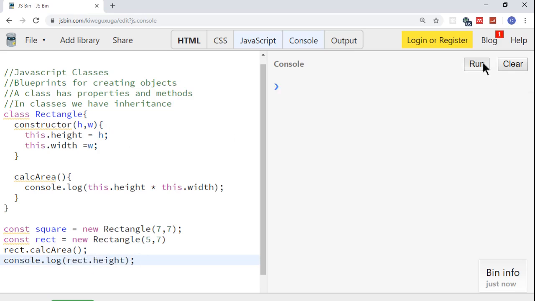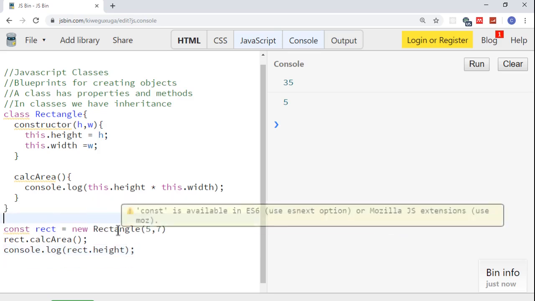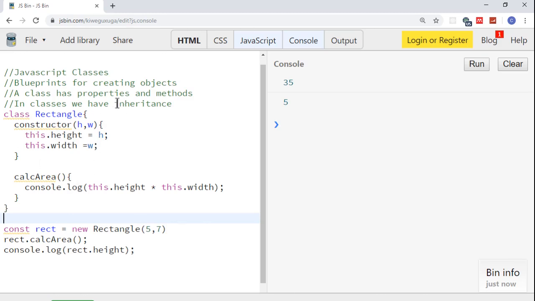I'll clear the console and run. Good. The area of our rectangle is 35, and the property of our height is 5. And yeah, you can see that we can create multiple objects. So I'll just leave this for the square, and I want to show you the idea or the concept of